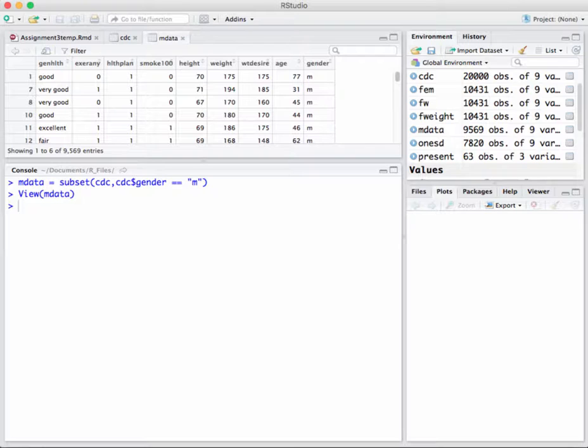Okay, so what if I want the men that are over 30? What if I want to make myself a data frame that has the men who are over 30? Well, there are two logical connectors. So let me show you those as logic first, then we'll put them into the subset. If I want the gender to be equal to male and the age to be greater than 30, I can say CDC,